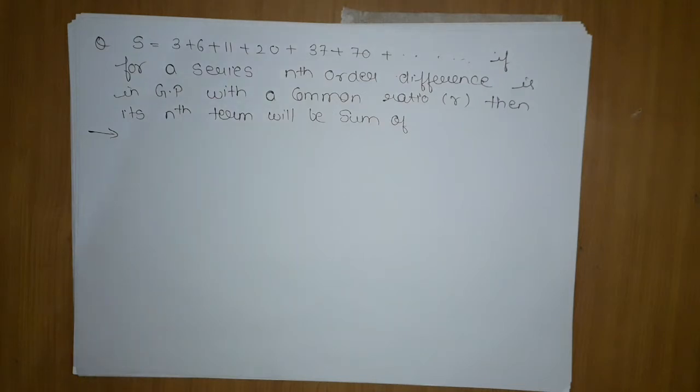So they have directly told you that we want to find the sum, and that at some order you will get a GP, and you have to find its sum. They are telling you directly that at some point a difference will give you a GP. So you don't need to take the precaution of understanding at what point it can be AP or GP.